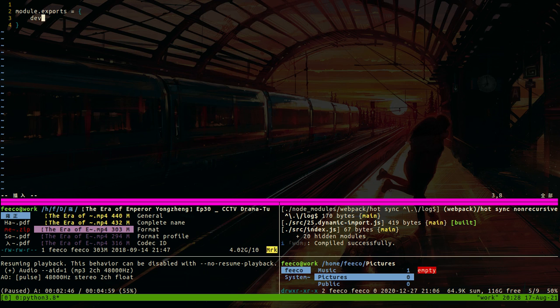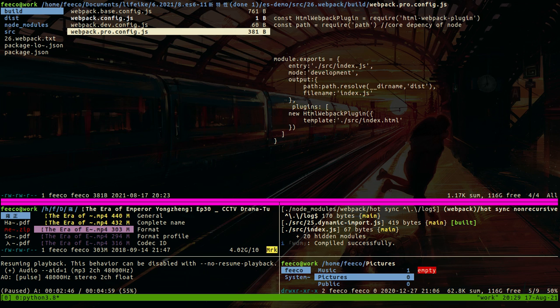So we only need to, in the dev configuration, we just currently put dev tool cheap module source map. The source map is another topic we won't talk about in this class. So whatever, we just put this left code right here right now,